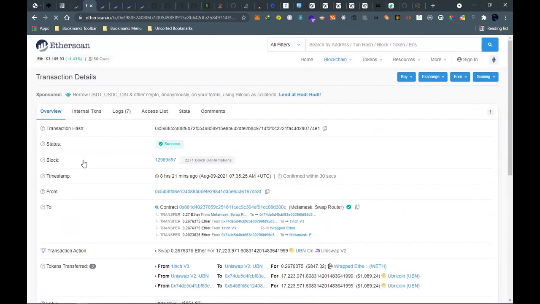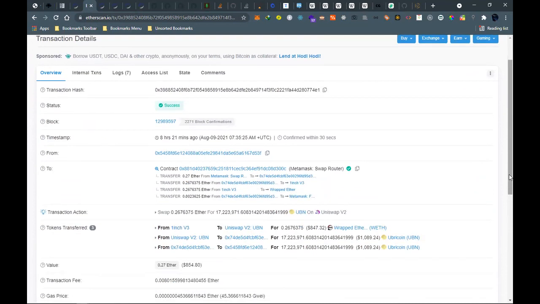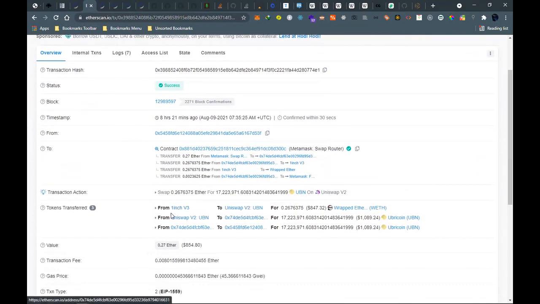From what you can see, the contract moved from this particular address to another address, then to another address for version 2, and then to another address, from the Ubricoin contract.